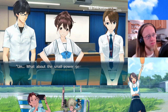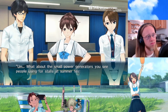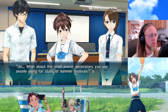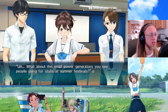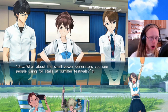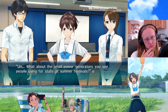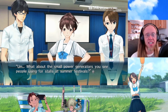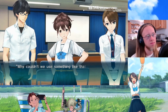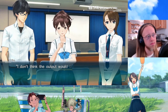お祭りの屋台とかでよく見る小さな発電機あるでしょ。To provide power for like all the festive lights. I mean, that's an idea. あれで発電するとかダメだったのかな。発電量が全然足りないと思う。